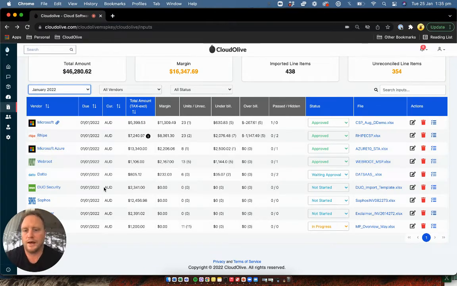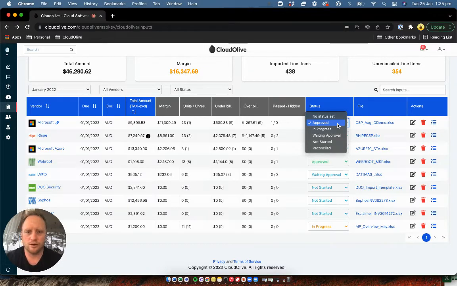So all we now need to add in is the file, the amount in terms of the cost, and the number of line items that we're going to reconcile. And that's it. The rest of it is now just sitting there. We've also added in the status and an approval indication. So when multiple people are doing this process in an MSP, anyone can have oversight really, really quickly